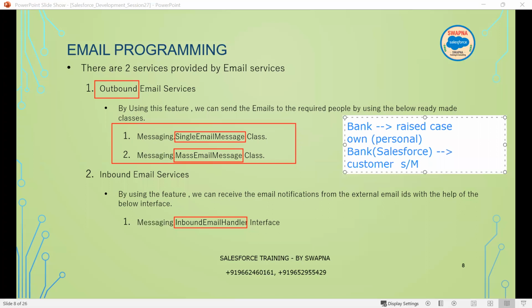By using Messaging.SingleEmailMessage or Messaging.MassEmailMessage, they will implement it. In case the customer responds to this email, then in order to receive the emails from the customer to the bank, what we will do is use